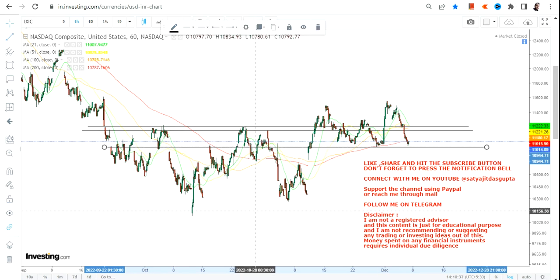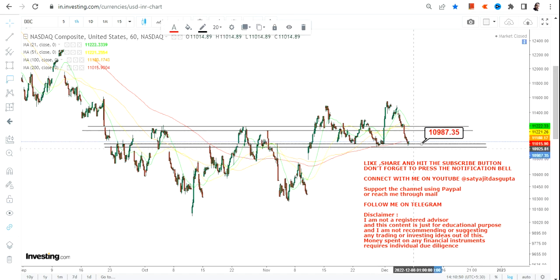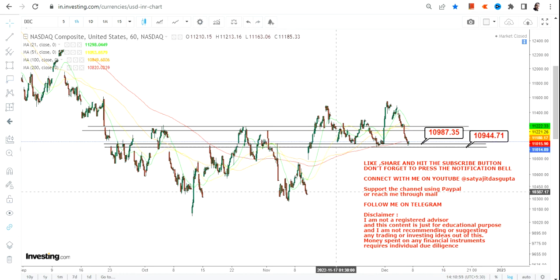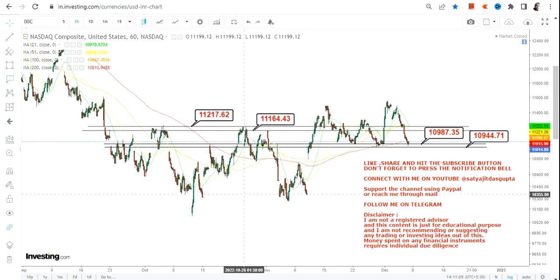Right now, because Nasdaq is just saving itself from a disgrace, I would say, because below 11,000 the fall will accelerate. So for the time being, we have 10,987 as our immediate support and 10,944, which is going to be a stop loss. And similarly on the upside, we have 11,164, and we have 11,217 or 220. So this is the narrow range that we are going to look for in Nasdaq, and please don't try to go below